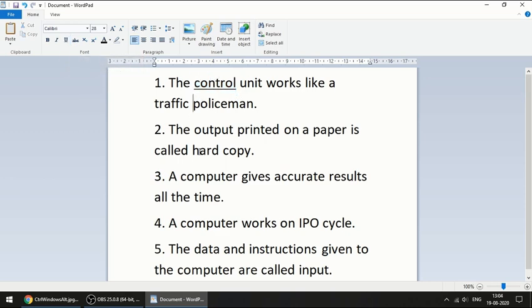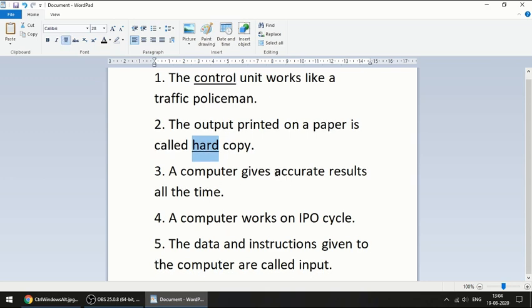In the next one, this is the answer. Click and drag, select this and underline. Same way for accurate, IPO and input.